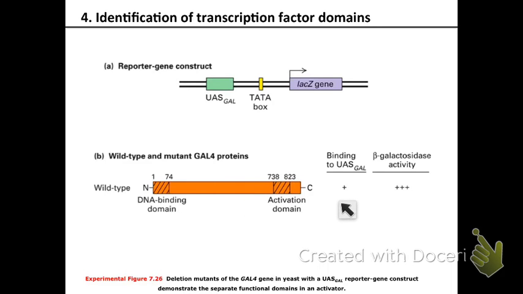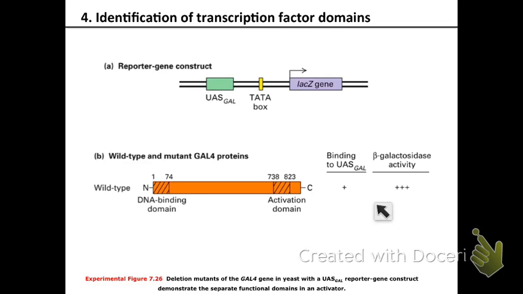And now you're going to have two assays. One is an independent assay that's going to look at whether your protein is binding to the upstream activating sequence or not. And these can be assays that we talked about in the last lecture, right? It could be a gel shift assay, it could be a DNA footprinting assay, it could be any of these assays where you can say, does my protein bind to the DNA or not? And then you're going to put a plus when you see that it's binding